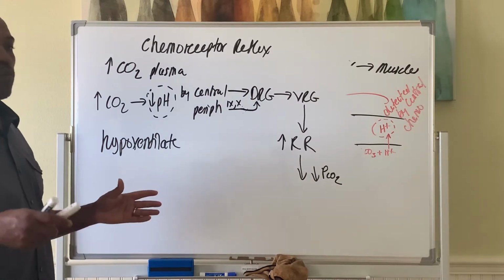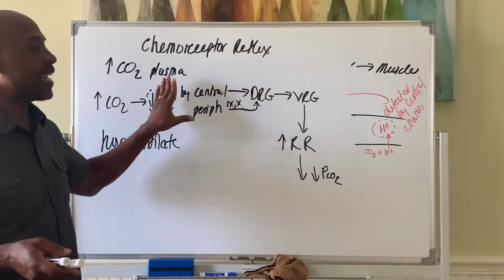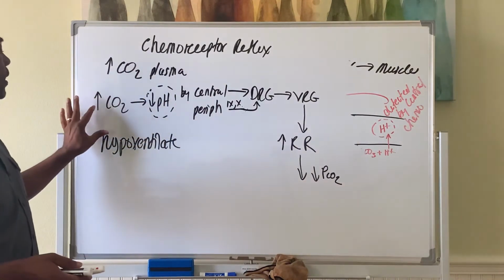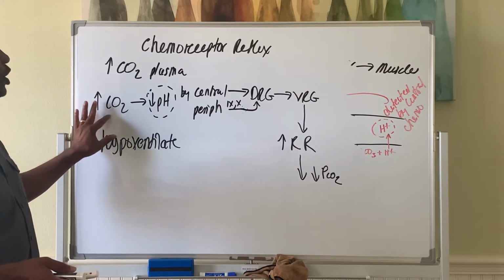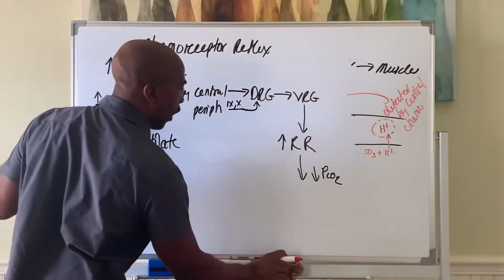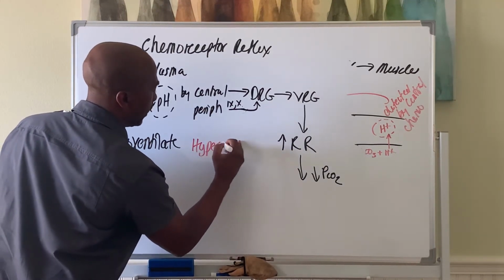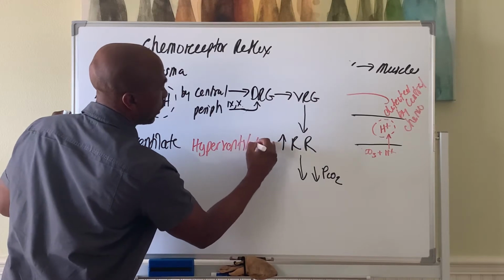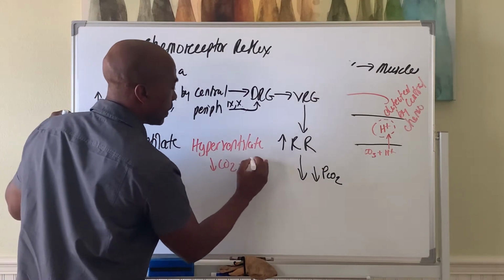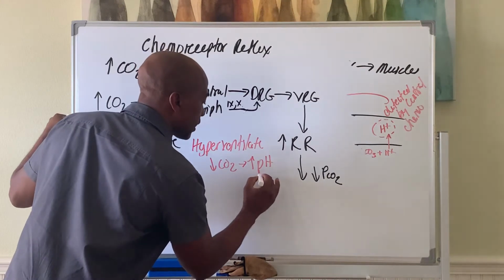And once you stop hyperventilating, this system will naturally slow down your breathing, because by dropping the CO2 levels too much, the pH will increase. And when pH increases, in fact, let's go the other way a little bit. When you hyperventilate, meaning you overbreathe, even voluntarily, CO2 goes down, pH goes up, and this then causes what's called